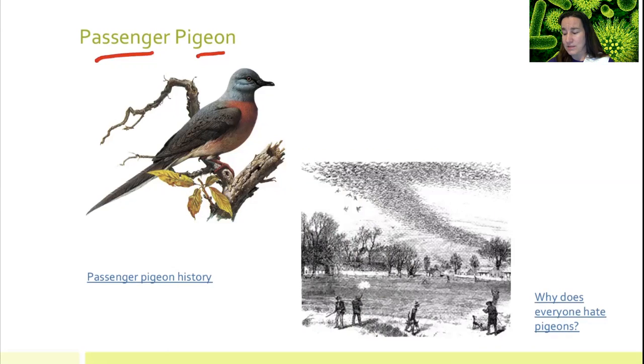So there were a lot of these passenger pigeons, and we would hunt them because they were delicious. But then as America evolved and we got better transportation and the train system, we were going into all sorts of different places. We didn't just hunt them for ourselves. We started hunting these birds commercially. So we would take out as many as we could, and we didn't pay any attention to the fact that we were taking out as many as we could because we thought that they would always come back.